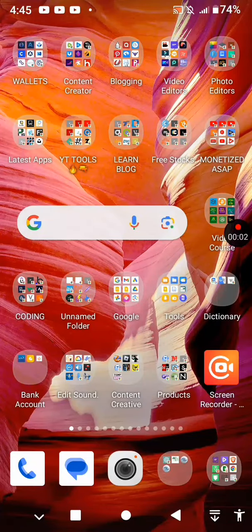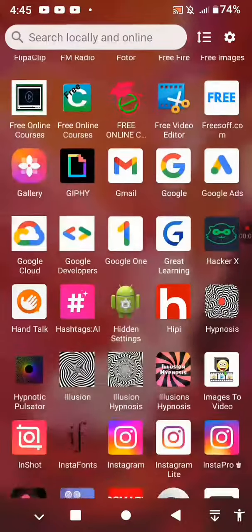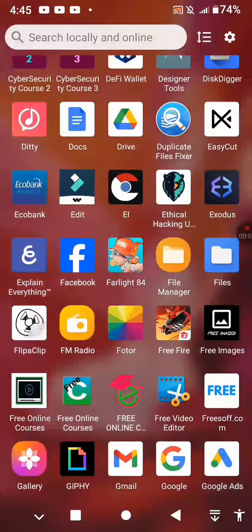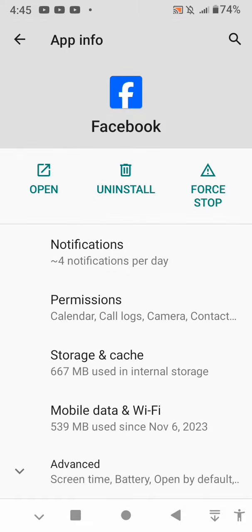So to fix this problem, what you have to do is to go straight to your phone menu and try to search for Facebook app or FB app. So when you find this, just use your finger to tap on it for some while. Tap on app info, and now when you get to your app info, what you have to do over here